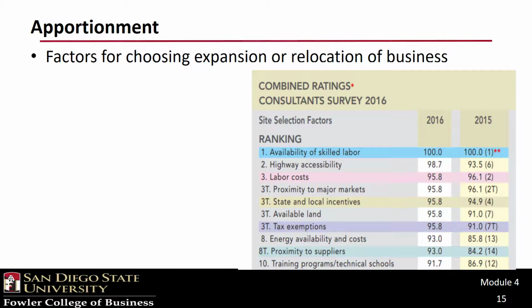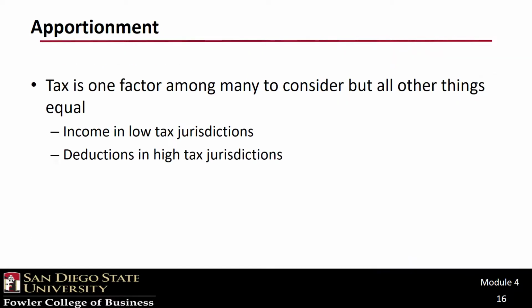So you can see that sourcing income to different states with different tax rates is precisely what the jurisdictional planning variable entails. However, I think it's important to note that taxes are not the tail that wags the dog. In fact, a recent survey shows that corporate tax rate is ranked well below a number of other factors, such as labor skills, transportation, and labor costs. So, I think our takeaway needs to be that tax is only one factor to consider, and may not even be the most important one.